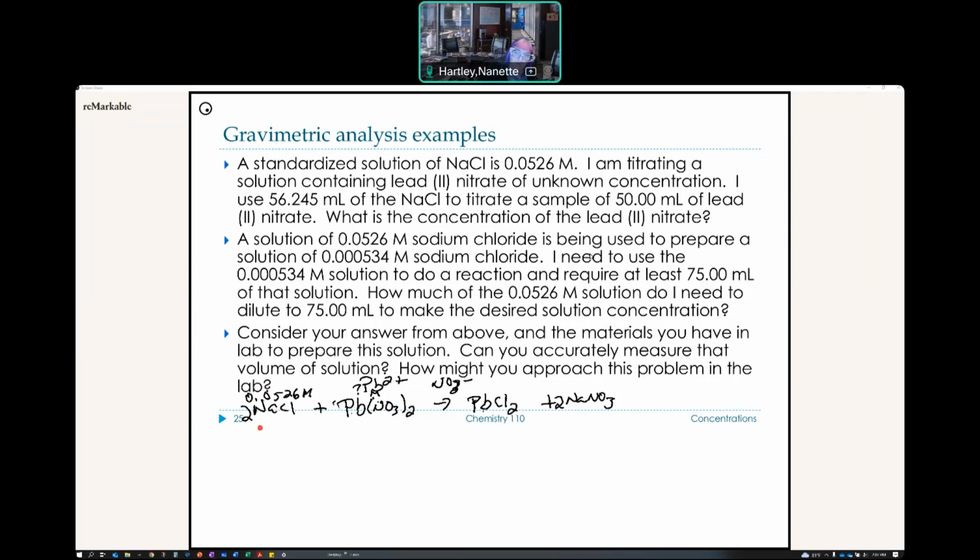I know that 56.245 milliliters of NaCl, 50 milliliters there. So we start with what we know the most about. Actually, it's not the Pb solution, it's this one right here. 56.245 milliliters of the NaCl,